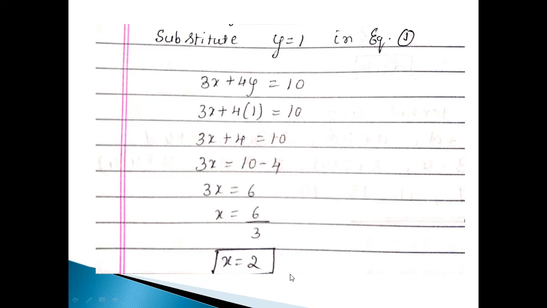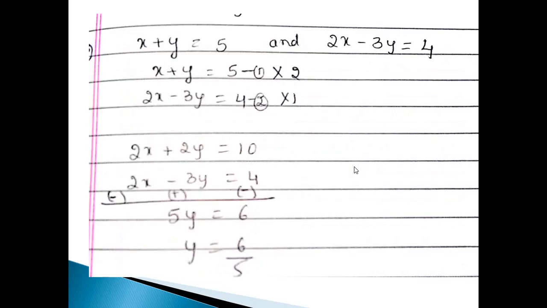So if we substitute these x and y values into the equation, for example, I have not done the verification. So here 3 of 2 becomes 6, and 4 of 1 becomes 4. 6 plus 4 is equal to 10. Yes, that is the verification. We have to do it for every problem because verification is more important for this type of linear equation. Okay, are you clear, students? May I go for the next one?